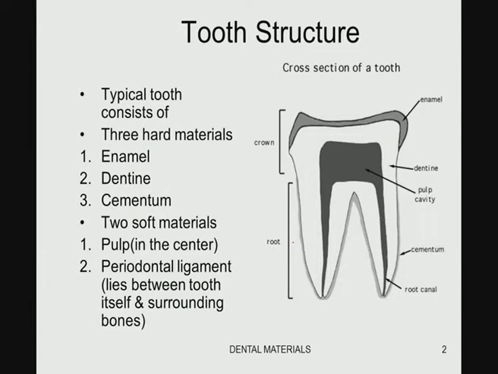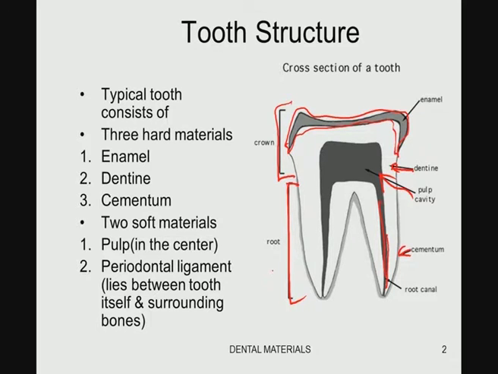So, this is the cross section of a tooth. What you see, the bottom part is the root of the tooth. Now, you have dentine here, and the top part is the enamel. Enamel is the part where you have the harder, calcium rich phase, and this top part is the crown. Structurally, the tooth is made of the crown and the root part, and you have a root canal here. One of the commonly used clinical therapies is root canal therapy, RCT, which is done quite often, and you have cementum here, and a pulp cavity in this part, which is indicated by this arrow.